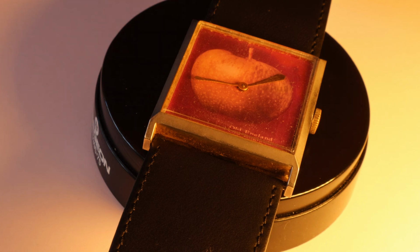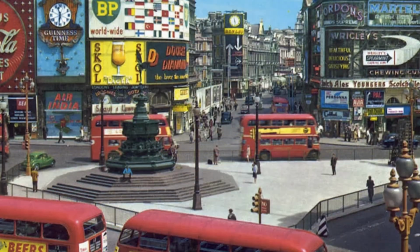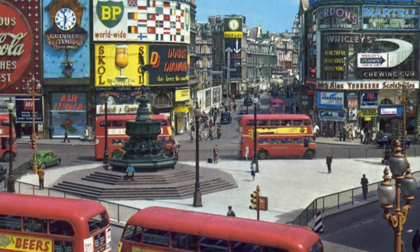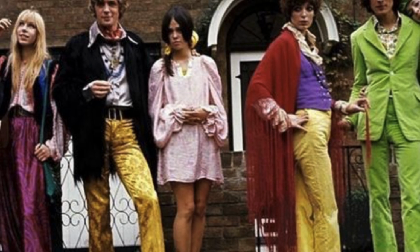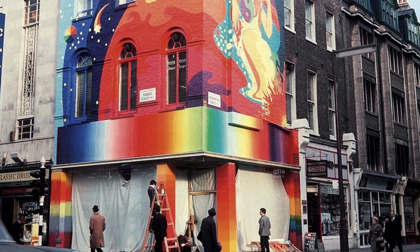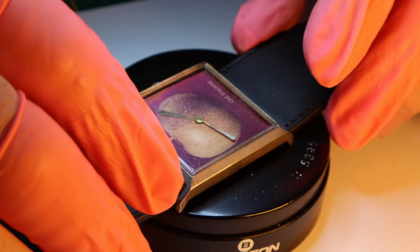We shall look at how this watch, clearly the first Apple Watch, has a direct link with the other Apple Watch that followed nearly 50 years later. How it epitomized a moment in the history of London and the nation, and why the enterprise this watch represented failed. But before we can do any of that, we need to get this non-running watch out of the case,